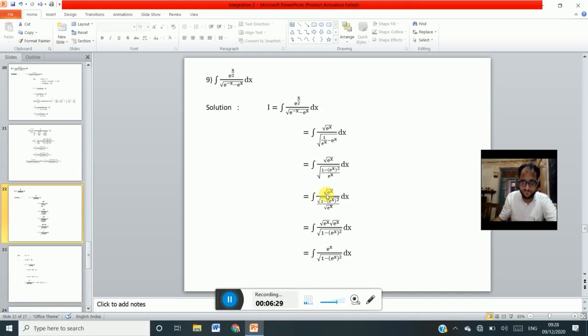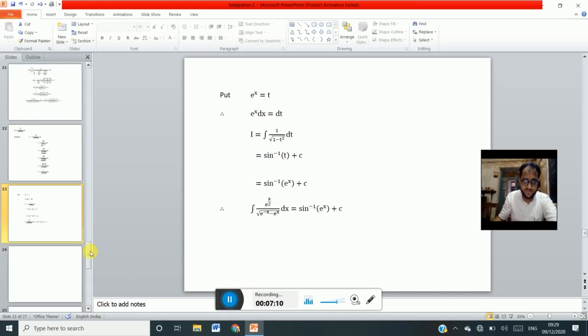See the next one: integration of e to the power x by 2 upon e to the power minus x minus e to the power x, right? So try to understand this example yourself. See, this is the exponential function in negative form, so we have to take 1 upon this one and then simplify, right? And in the numerator, e to the power x by 2 is nothing but root e to the power x, because e to the power x, to the power 1 by 2 actually, is nothing but root e to the power x, like this, right? Then simplify and find the answer, right?